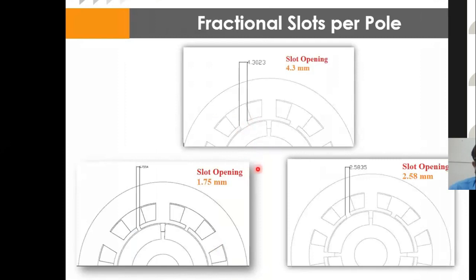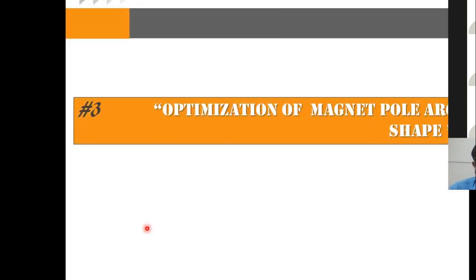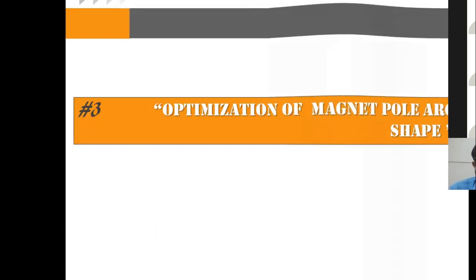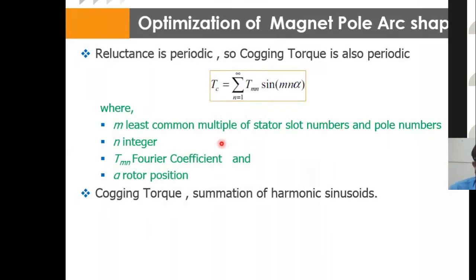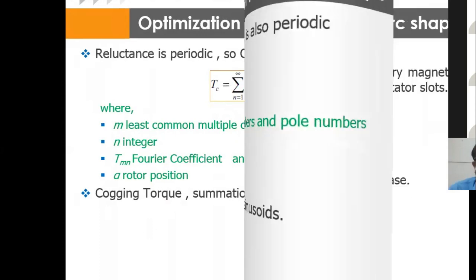Okay, so here this is the gap. By adjusting to various length gaps, we are done with the design variation. And next is optimization of magnetic pole arc shape. This is very obvious based upon the periodic position. Based upon this equation, what you can understand is that in the fractional pole, the area of the magnet covered by teeth, right? So this is the ratio behind it.